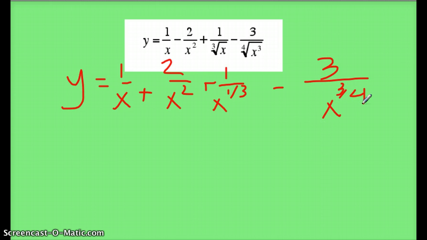Okay? So now my root notation is gone. So now I'm going to move all my variables up to the top. So if I want to move them to the top, I just have to make my exponents negative. So I'm going to get x to the negative 1 plus 2x